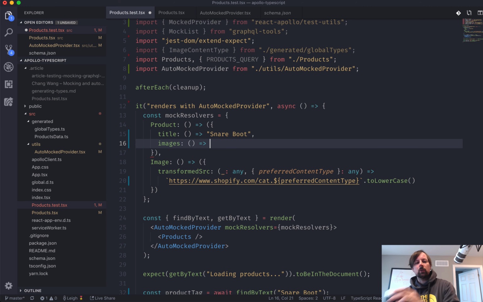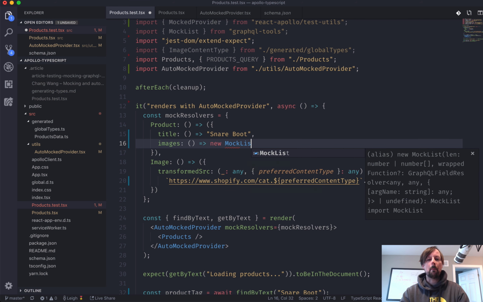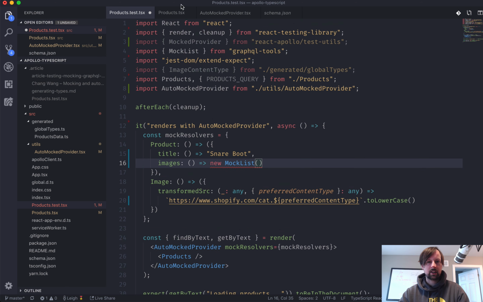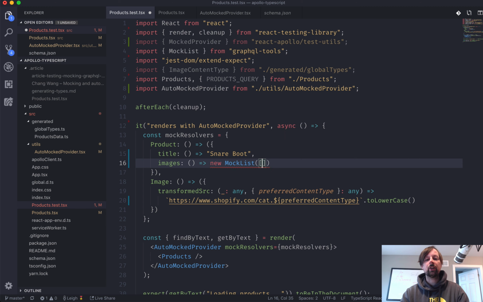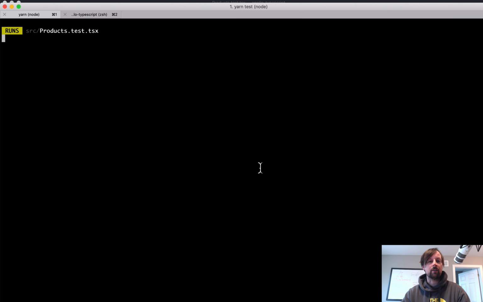And what we can do is define a mock resolver. We can define a mock resolver called images. And what it will return is a new mock list. Have I imported that? Yes. So this comes from GraphQL tools. And what it allows you to do is define how many images you want to receive. So we can say an array 5, 10. So this will give us between 5 and 10. So if I let this run now,